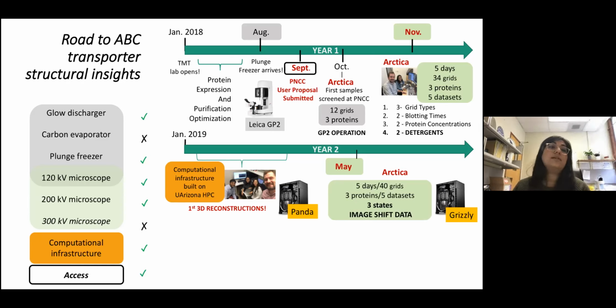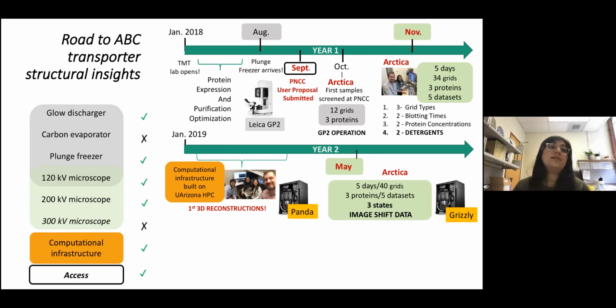And like with any institution we've been at where we've relied on a cluster, the queue was something that we were facing a losing battle against. And so with Panda and Grizzly, we were able to process these initial data sets, get insights into our 3D models, and use these as a reference for how best to collect data on